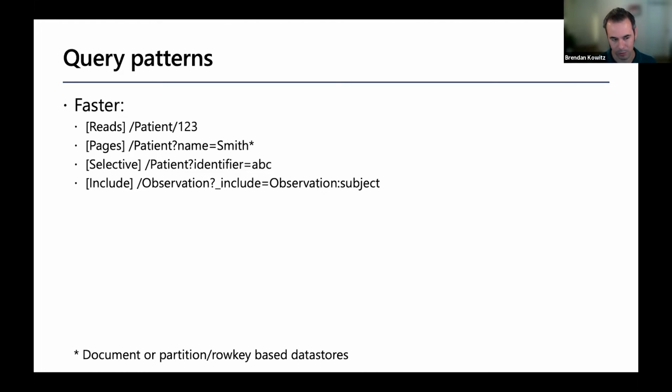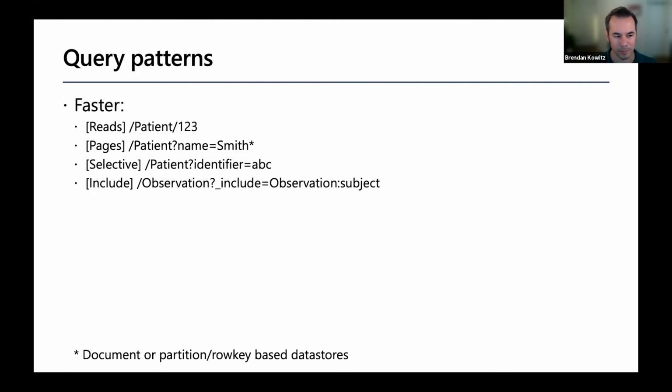But what I've noticed with document-based data stores is they, in general, shard and partition under the covers. So the way that they work in their continuation tokens is they're basically moving their ranges forward. So they may not always hit the first partition. And as you move through, they're looking in different partitions and therefore spreading the load out. If you had this case, in this example here, where a patient where the name is Smith, it may not have to try very hard before it can fill up a page of results and return